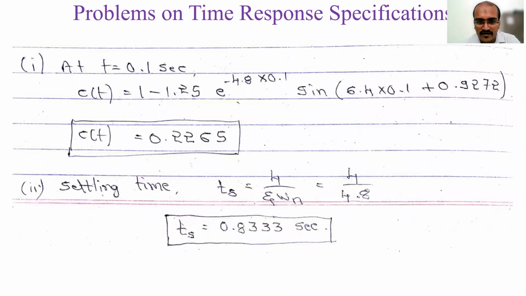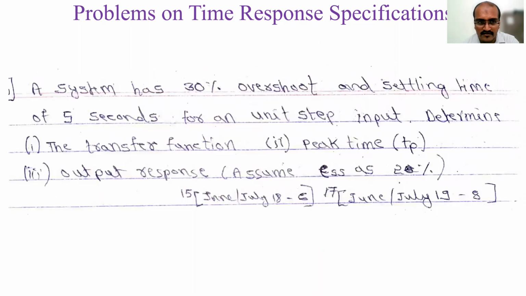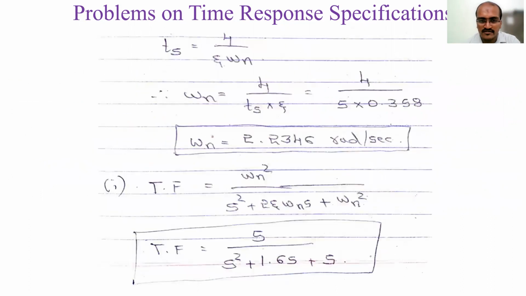And after that you will find out the settling time, all these parameters. That is the approach we have done in the first three problems. Long back we have discussed. What we are discussing in this problem is the reverse. They have not given any system here. They have given just the peak overshoot and settling time. From that we have determined the zeta and omega n, that we substituted in the standard transfer function. So that's what we have done.